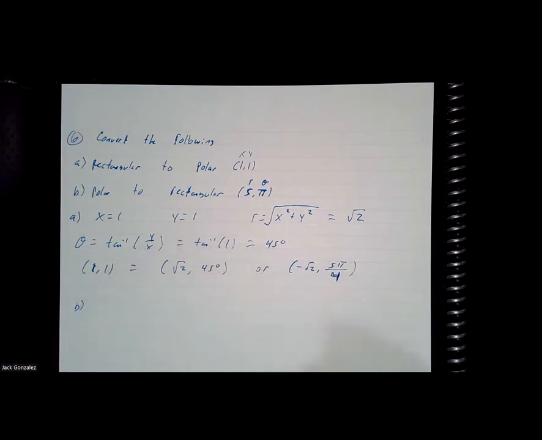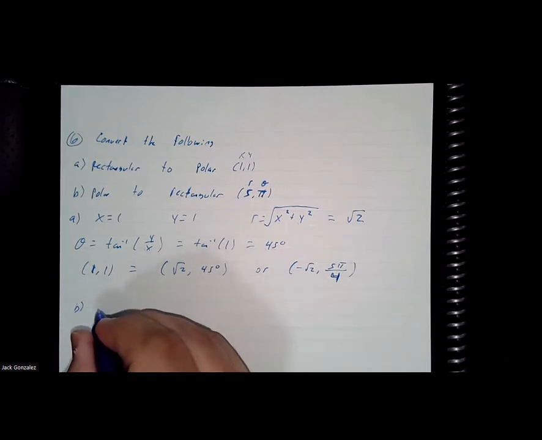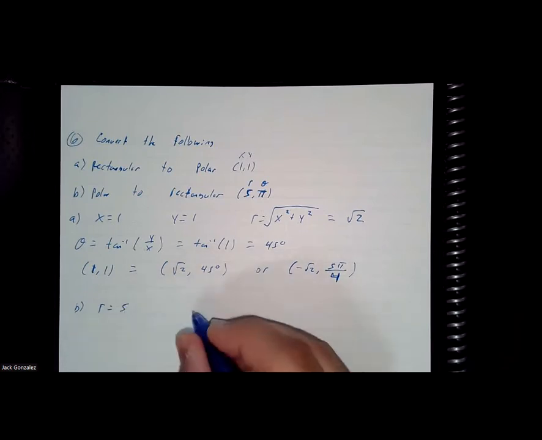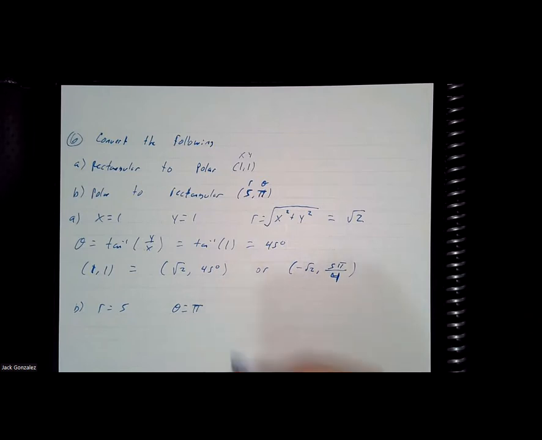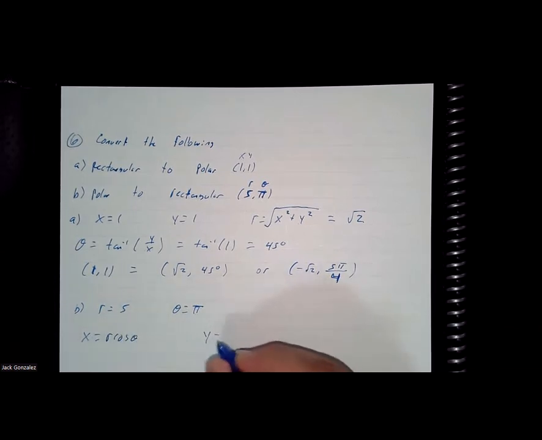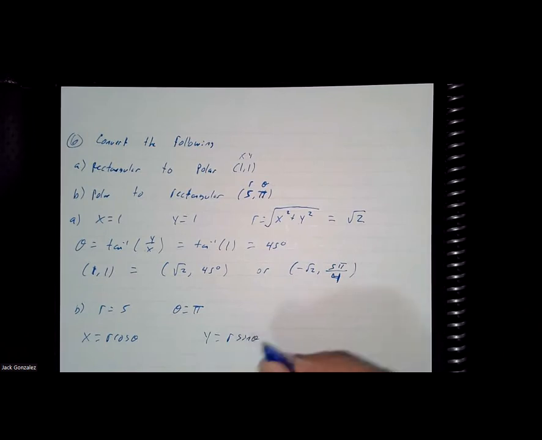B. We have r equal to 5 and theta equal to pi. So we know the formula says that x is equal to r cosine theta and y is equal to r sine theta. So x would be 5 cosine pi, which is negative 5. Y would be 5 sine pi,